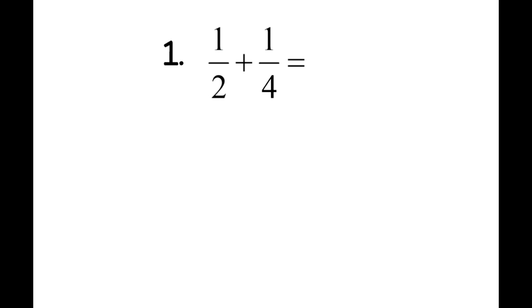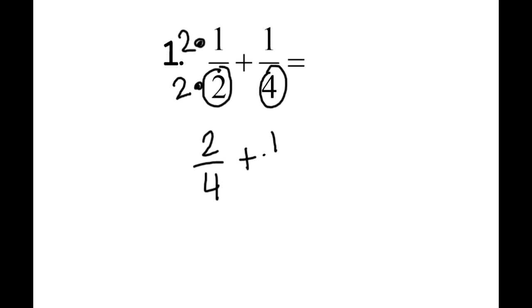Number one, I look at my denominators and I have a denominator of 2 and a denominator of 4. And I ask myself, what is my least common denominator, or the least common multiple between 2 and 4? I can get 2 to become a 4 pretty quickly by multiplying by 2. So that's what I do. I multiply by 2 on the denominator as well as the numerator. So this becomes 2/4